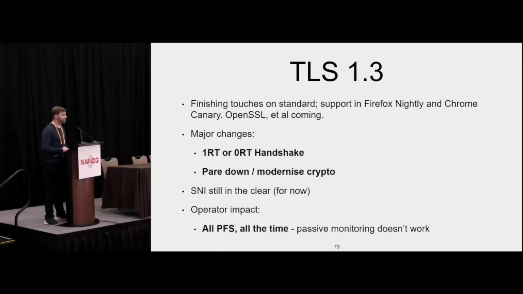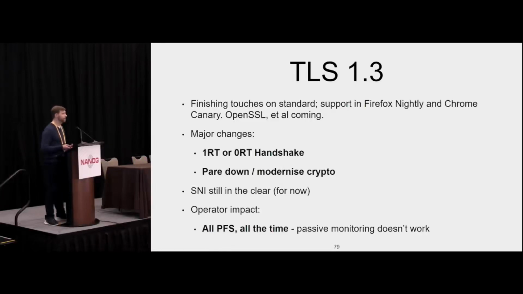Coming up in the near future is TLS 1.3. TLS 1.3 is an evolution of TLS, the goals being faster connection establishment and better security. The main impact from an operator perspective, potentially, and it depends on your environment, is that it removes a variety of ciphers that are considered to be broken for a variety of reasons, and it moves only to ciphers which are perfect forward secure and use ephemeral keys. These tend to be more difficult to man in the middle.